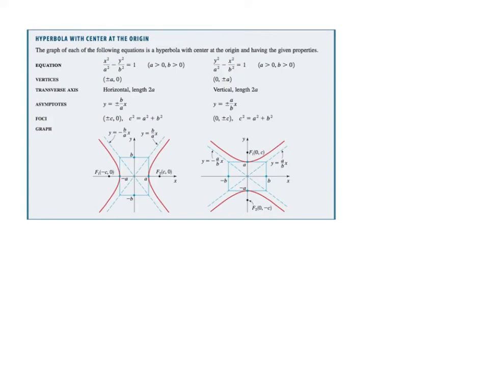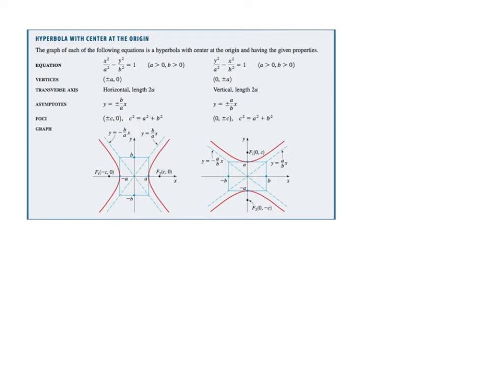All right, at this point, we have looked at an example of a hyperbola whose branches are opening horizontally, meaning to the right and to the left. We've seen that the equation for such a hyperbola is x squared over a squared minus y squared over b